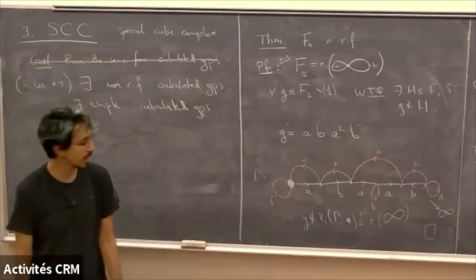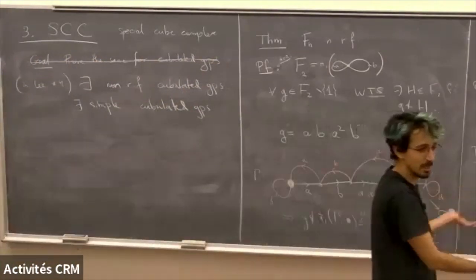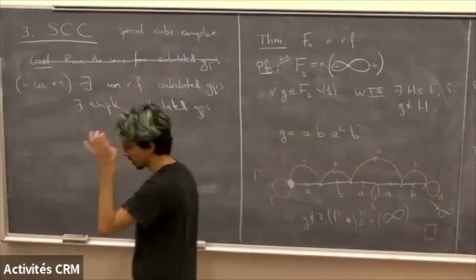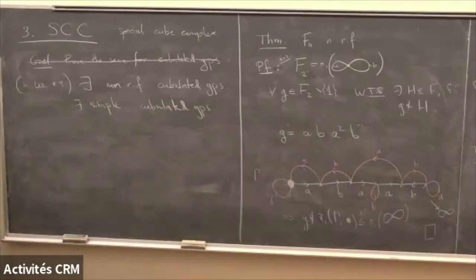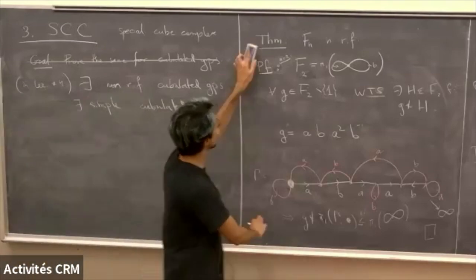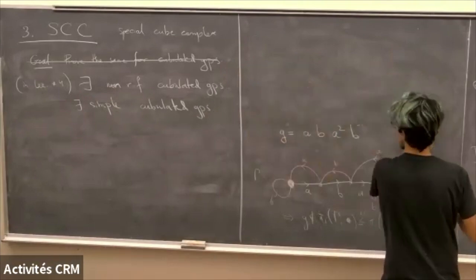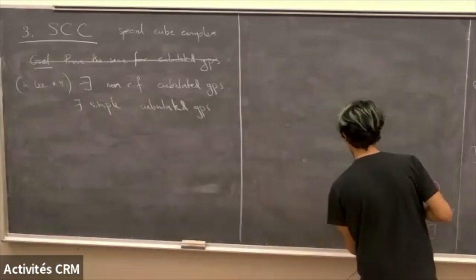But we can play the game. We can try and play this game, and decide whether it works or not. And this is really the brilliant idea of Haglund and Wise, to find a good subclass of cubulated groups for which we can play this game. So that's really where we are heading. Yeah, so before I introduce this class of groups, I have to begin the lesson.